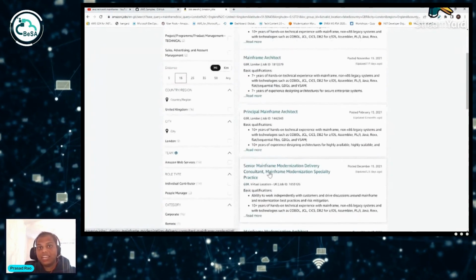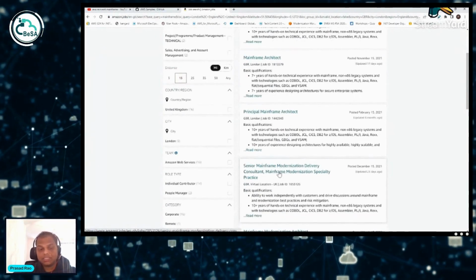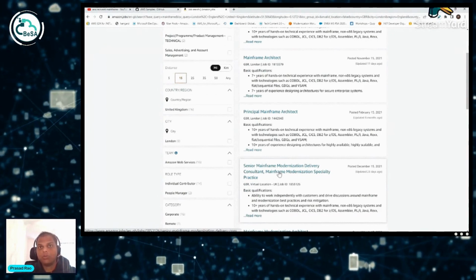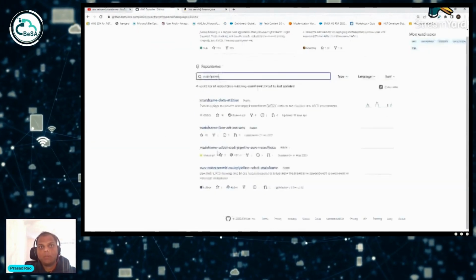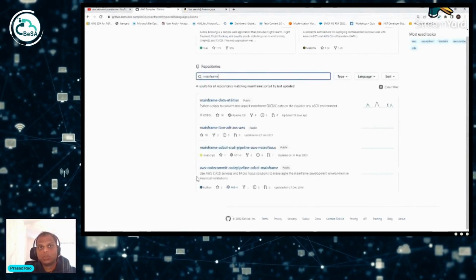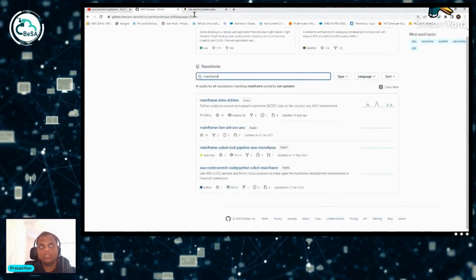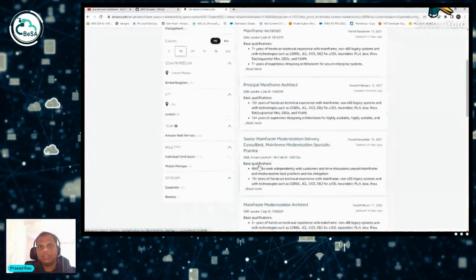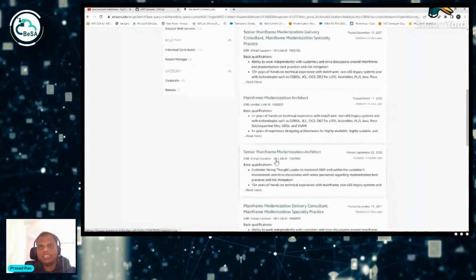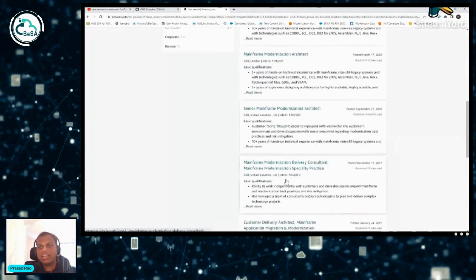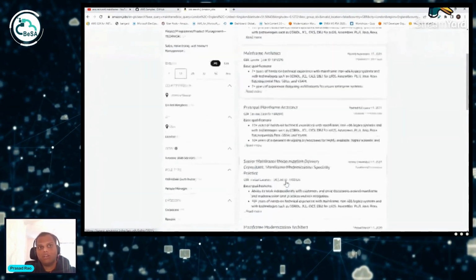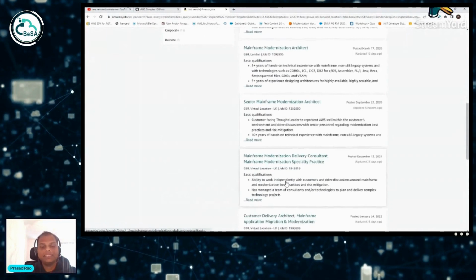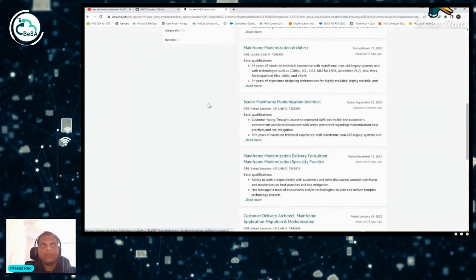Mainframe modernization delivery consultant: this is for how you modernize mainframe, and this is where your GitHub sample would come into the picture. You are modernizing by creating CI/CD pipelines and so on for your legacy workloads. Then there is mainframe modernization architect, senior mainframe modernization. As you can see, in London alone you have a lot of openings. So that's how you'll be able to create that.